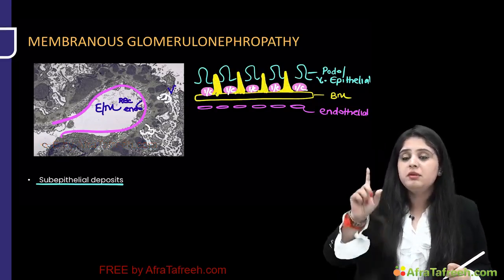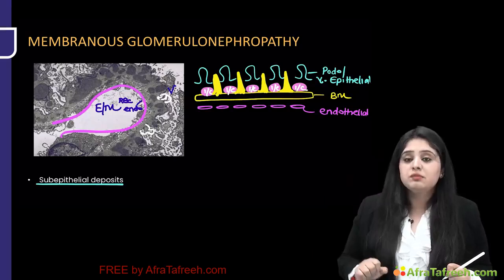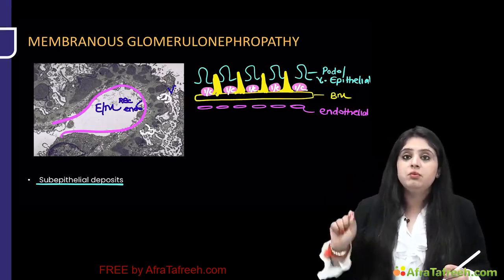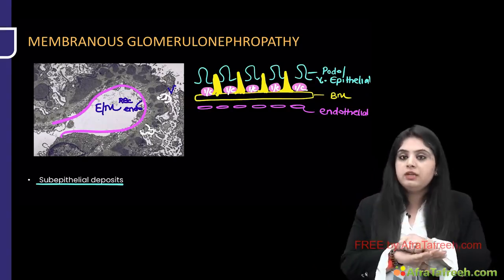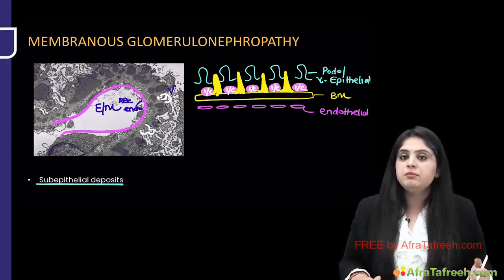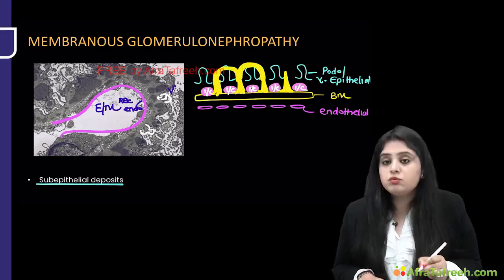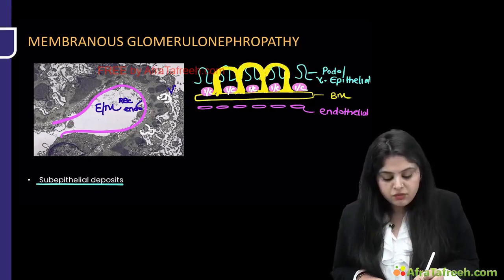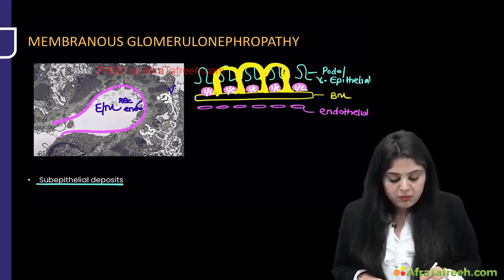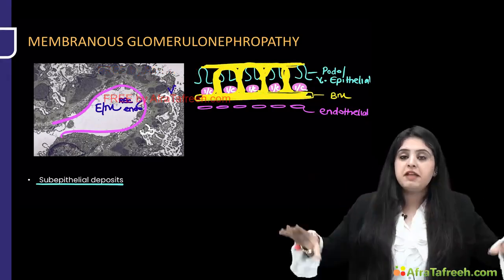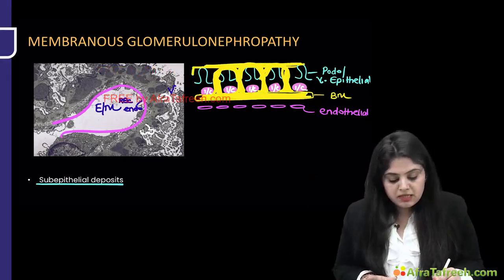Can you see what the basement membrane has done? It has sent out spikes. Initially, it says, okay, I will raise my voice. It has raised multiple voices. Listen to that. And if you don't take that burden off, what will the basement membrane do? Total rebel. All these things that it has raised, it will fuse. All those raised voices will come together. Can you see what has happened? This will all become like a very thick membrane. This entire region, the basement membrane coming, it will engulf everything and make an extremely thick